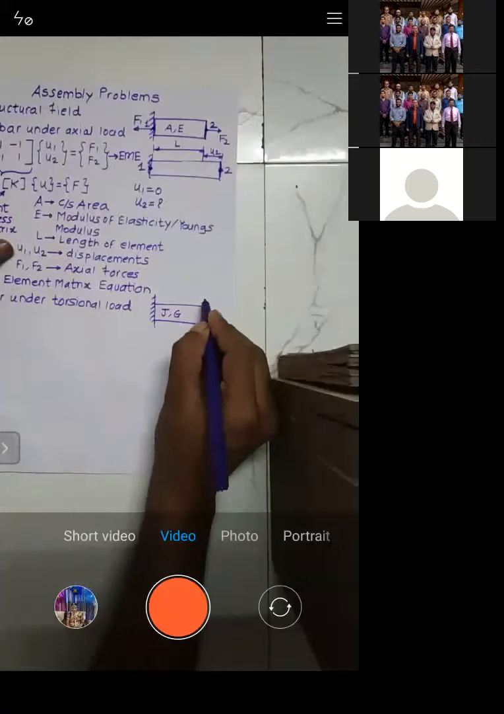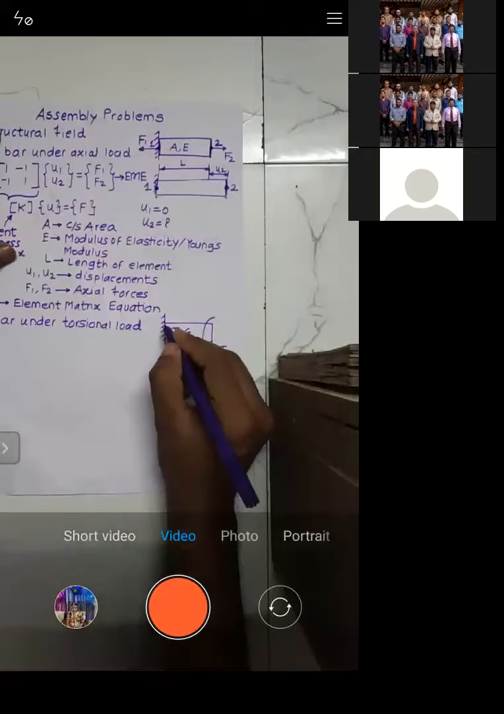So I will apply, let's say, T2 torque. Here I applied force F2, and here I applied torque. Torque can be applied either clockwise or anti-clockwise, and I'm applying anti-clockwise. So I applied some torque. Now, in order to balance this